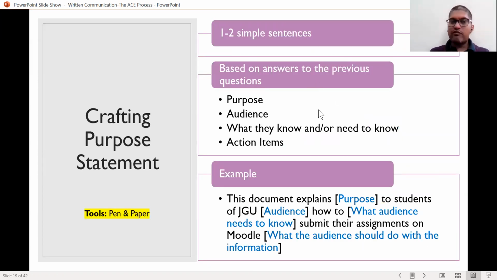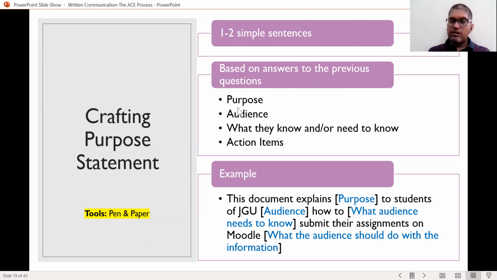Next, how do you craft the purpose statements? I highly recommend you use pen and paper instead of typing it on a laptop. It should be a single sentence. Ideally, it should be a single sentence, at max two sentences long. If it is a complex document, it should answer: